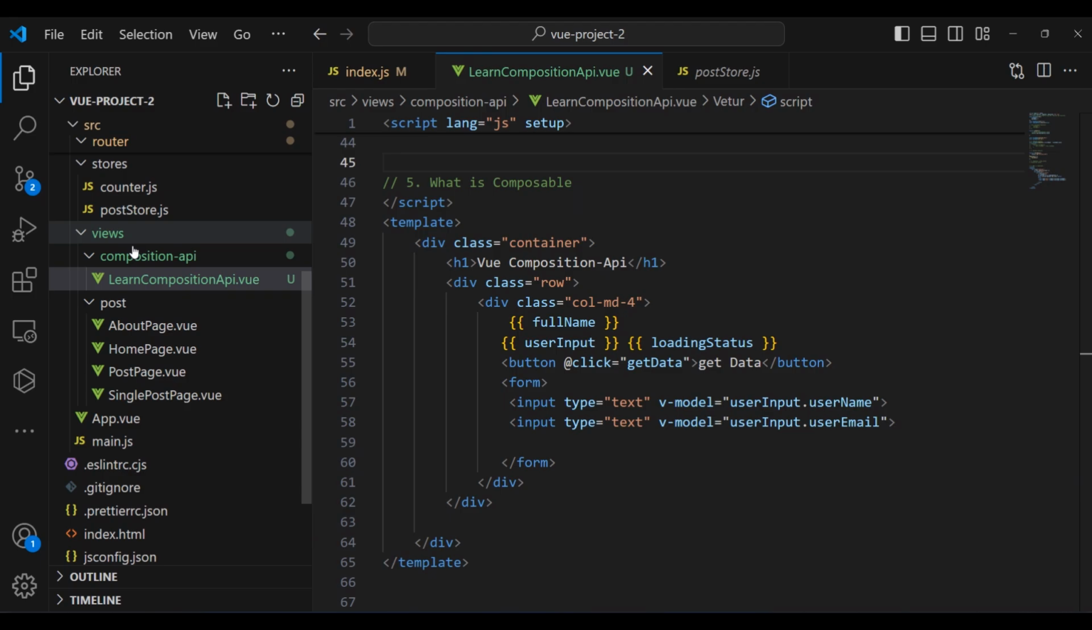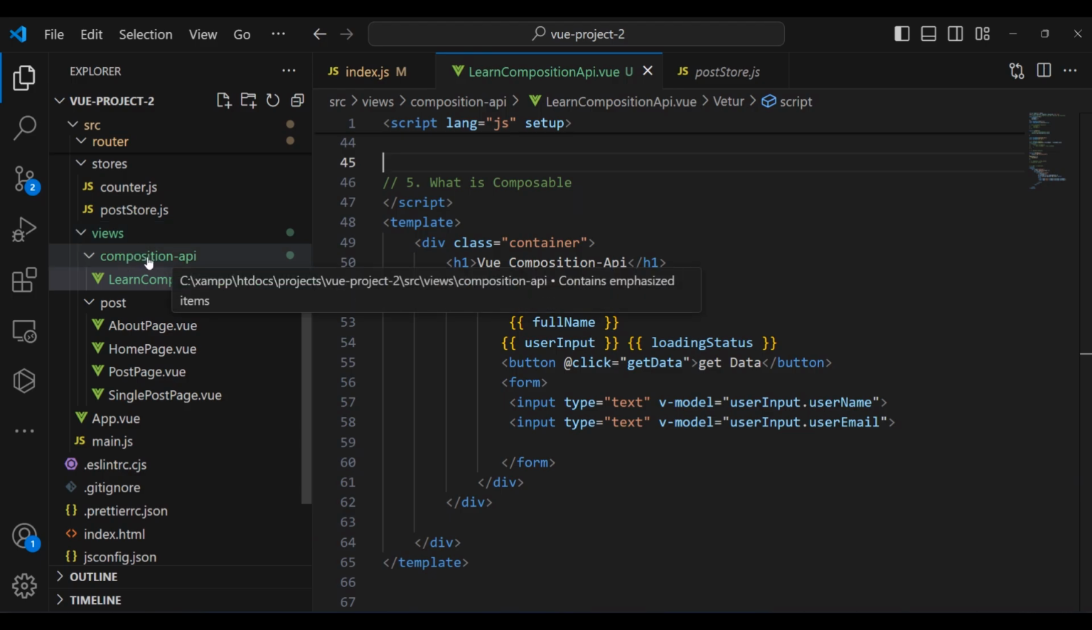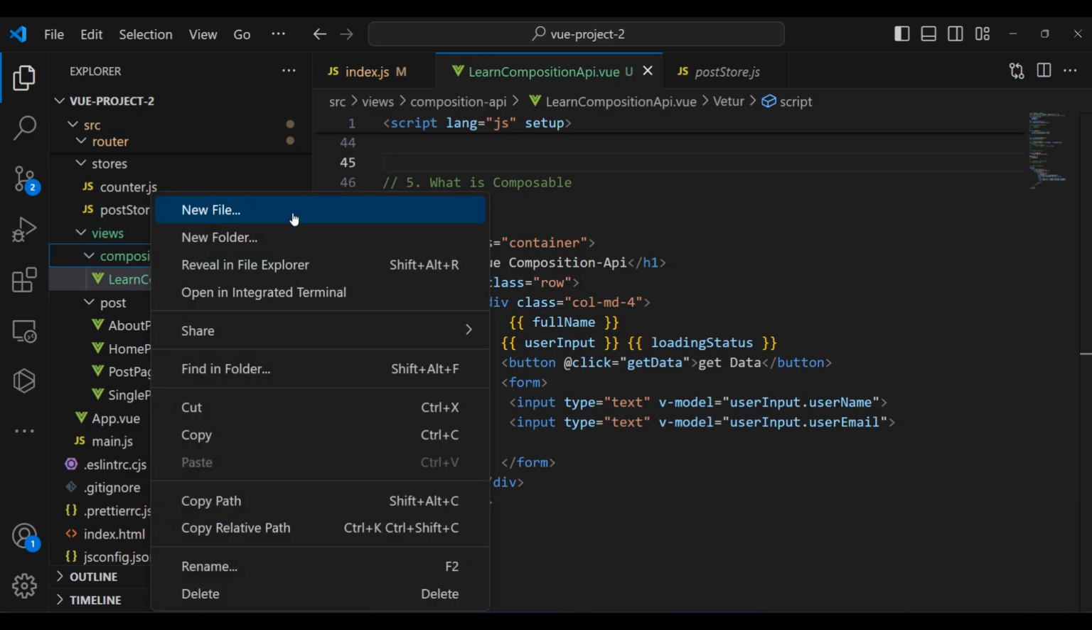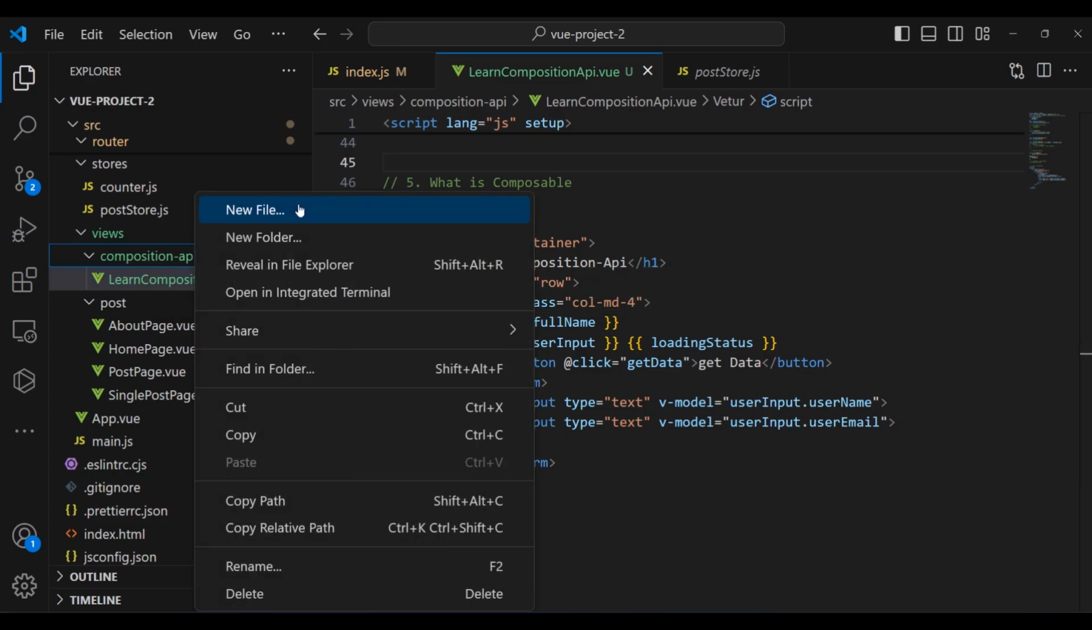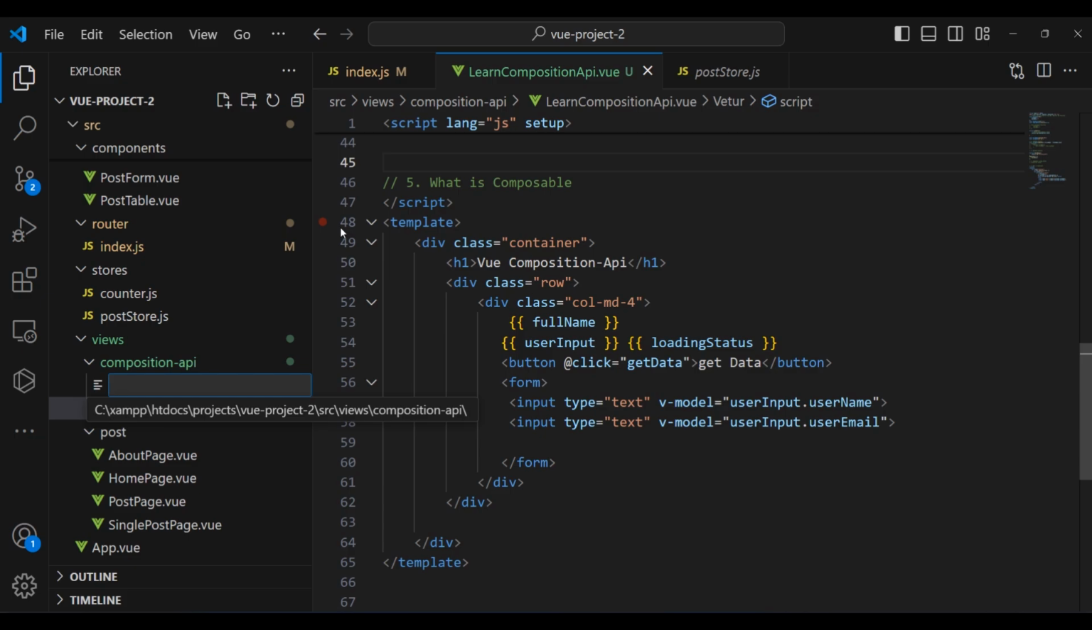Within my views folder, you can see I have a folder, Composition API, and then within this folder, I'm not going to create a component within the component folder. I want just to create it within this Composition API folder. Now here, I'm gonna create this component. It is going to use data. I'm gonna say use a table